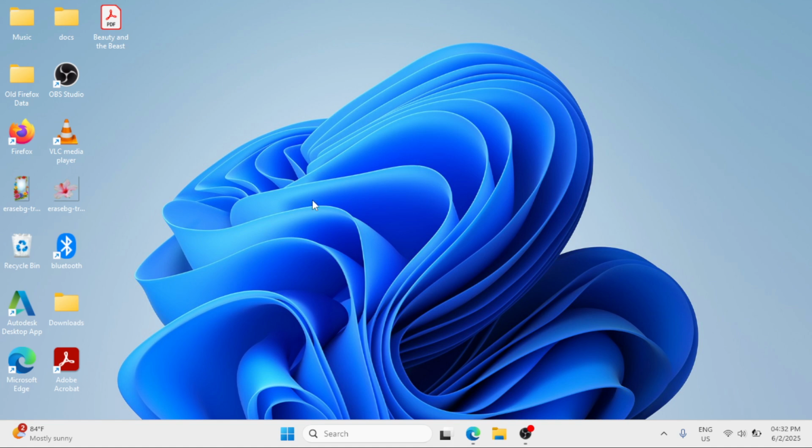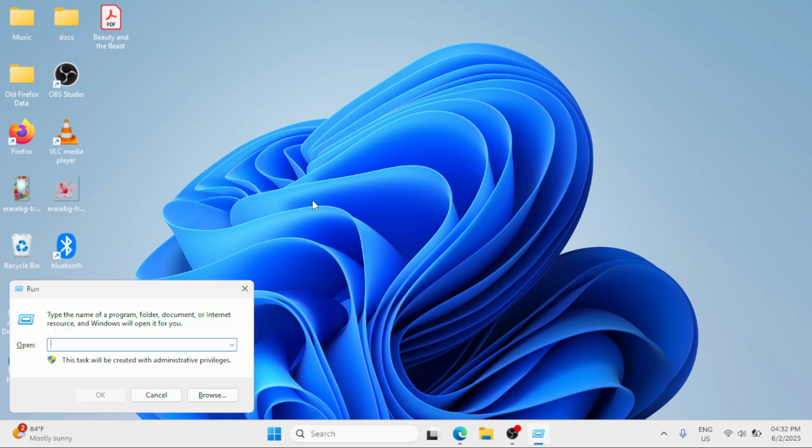The first thing that we can do is to run the hardware troubleshooter. So how can we do that? Simply press the Windows key and the letter R button together to open the Run window, or you can directly right-click at the Start button and select Run. Here, simply type this command